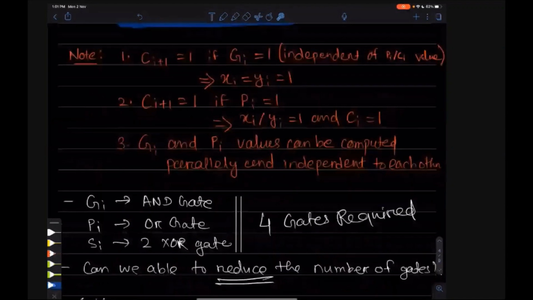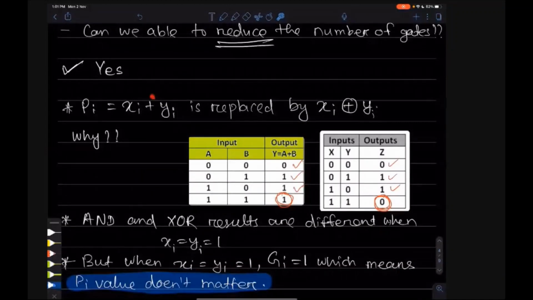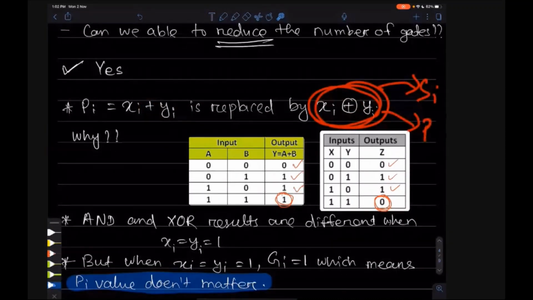So that's the first thing that we have done, and we have replaced the OR gate with an XOR gate. Now you will ask, why do we replace it? Because we have to calculate sum si. Sum requires xi XOR yi. Now p also requires xi XOR yi. So why calculate xi XOR yi two times? If we replace plus with an XOR gate, our result will be ready for sum as well as p. So we are getting double benefit.